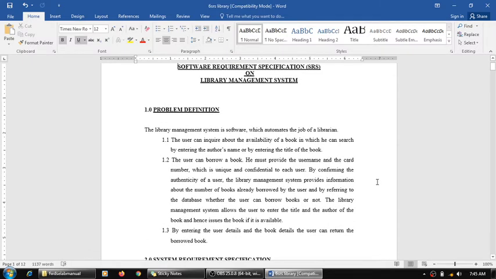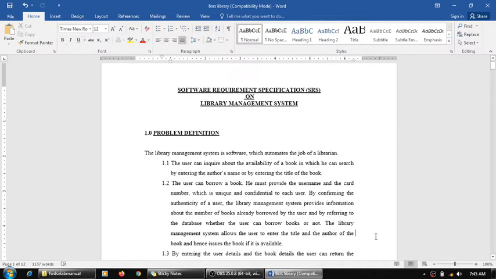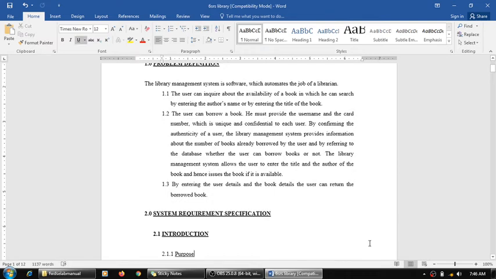Now look at the example of a library management system, a simple library management system, right? How the functionality is carried out, everyone is aware of it, right? We are familiar with this particular domain. But what we are supposed to do here is see how this document is prepared, that is our main purpose. So see, what is a problem definition? We must also know how to write a problem definition. That is very important. So the library management system is software which automates the job of a librarian. That is true, right? Manual tasks are reduced and we are trying to automate the work in the library.